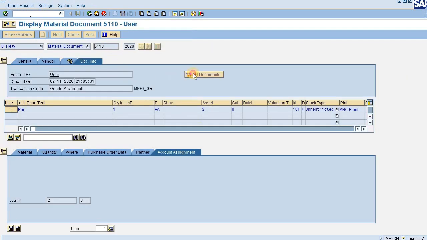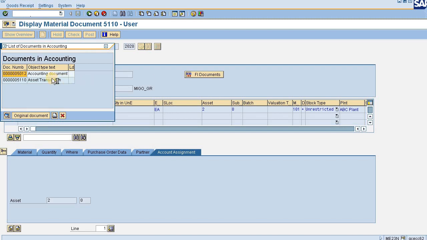going to the document info, clicking on the FI document. Here, as I told you, two documents would be posted. One is the accounting document, another one is the asset transaction document. Firstly I am clicking on the accounting document in order to check the accounting transaction posted.